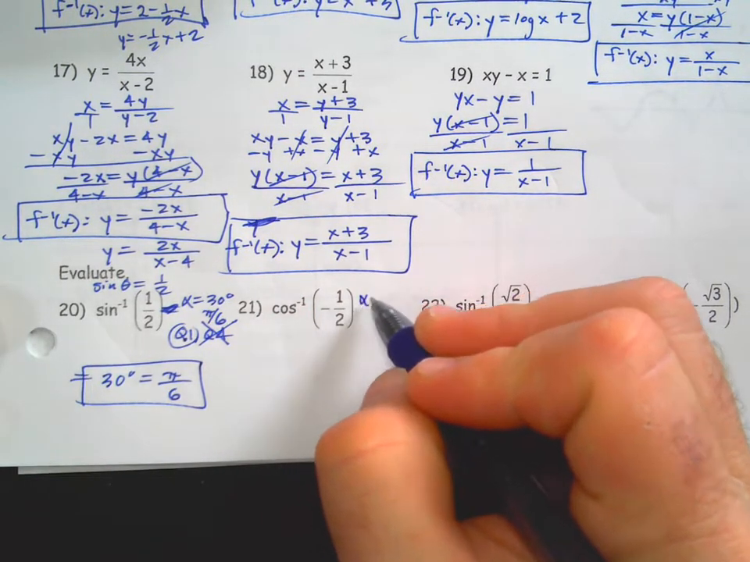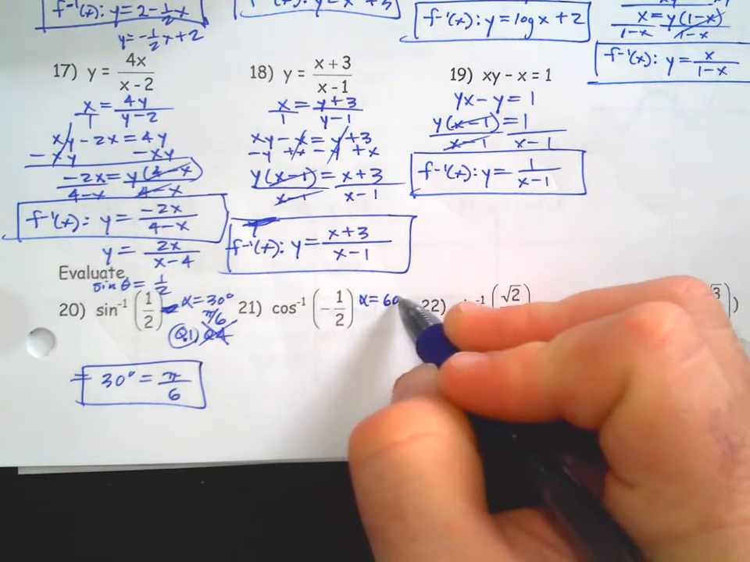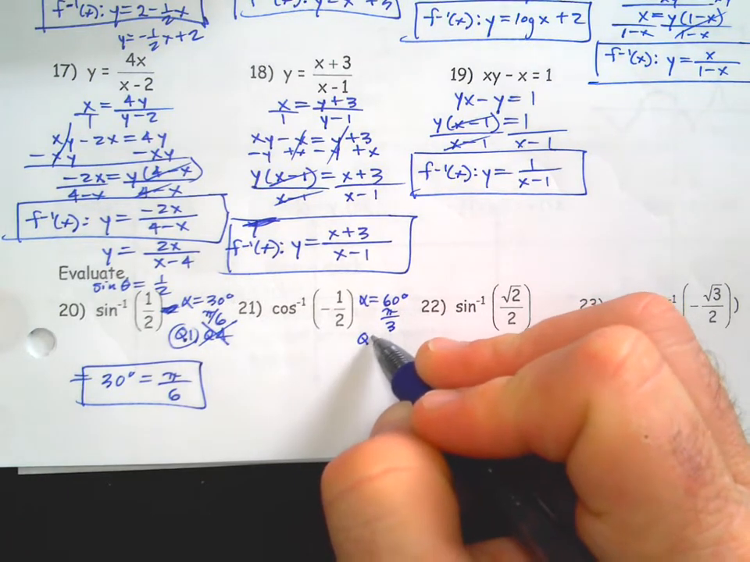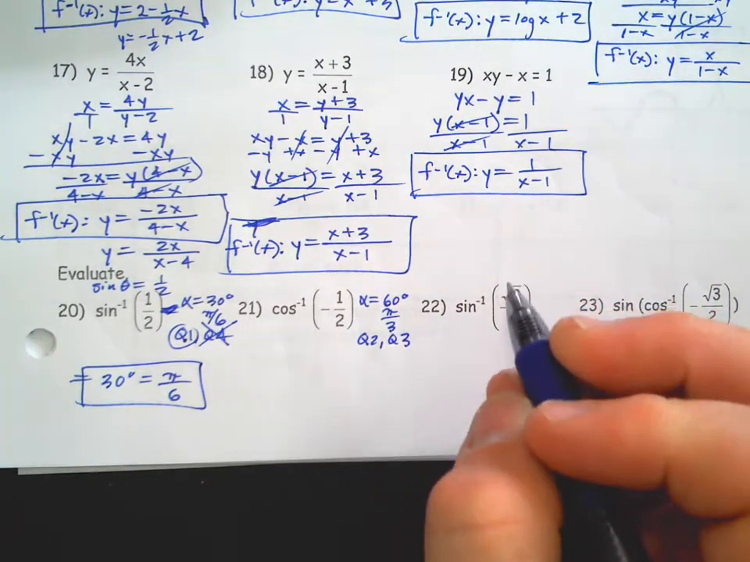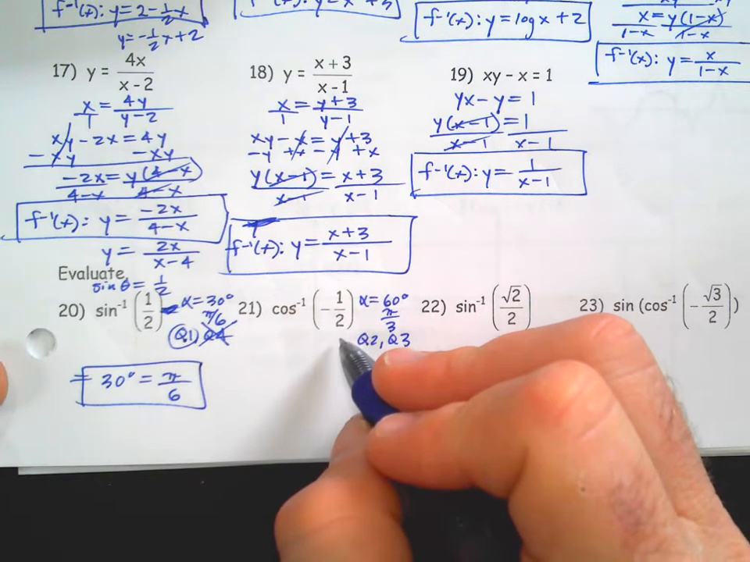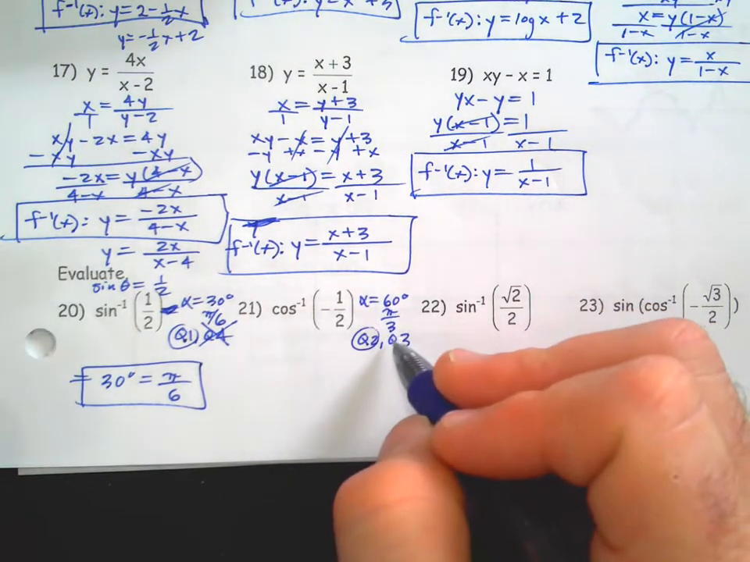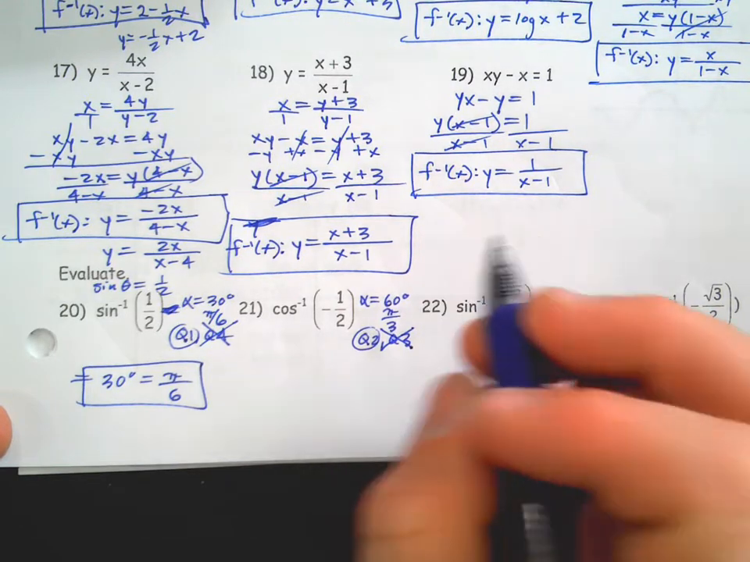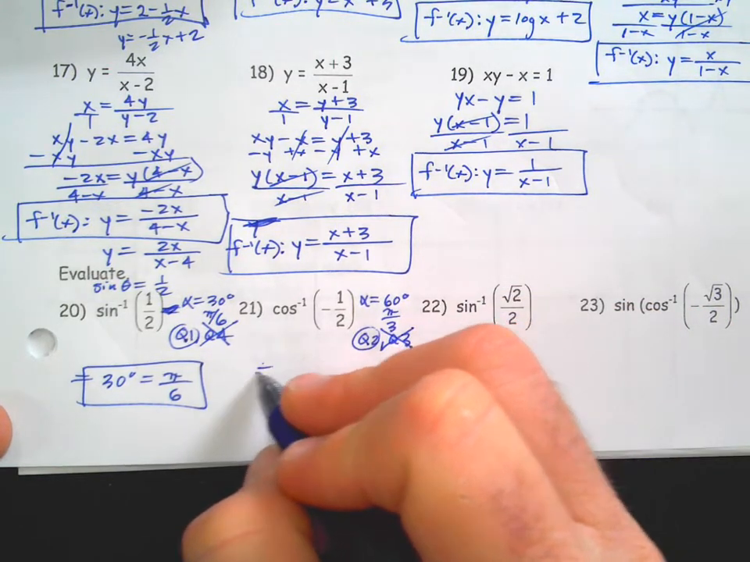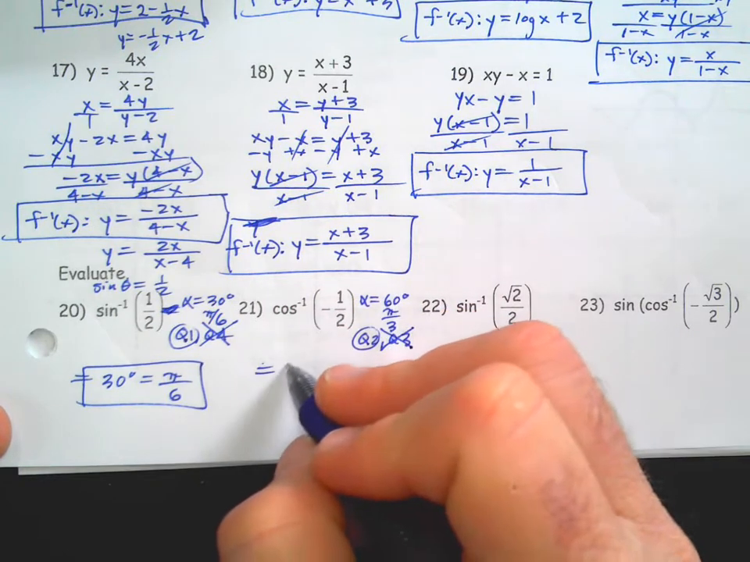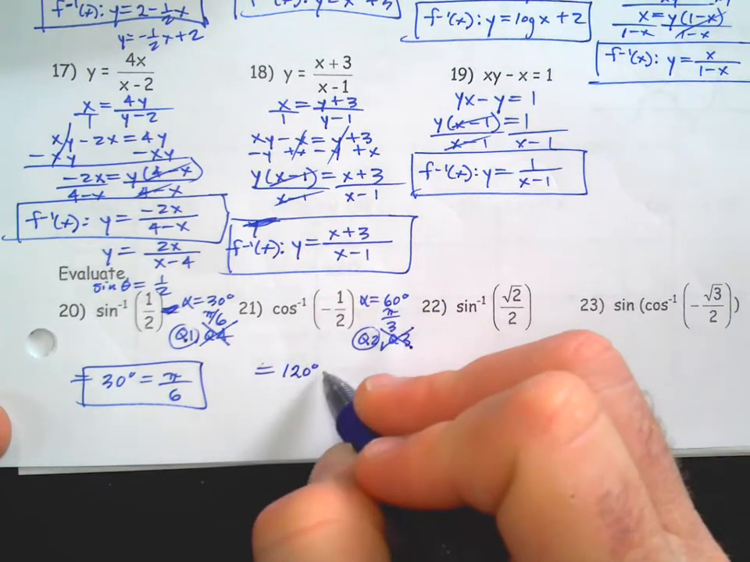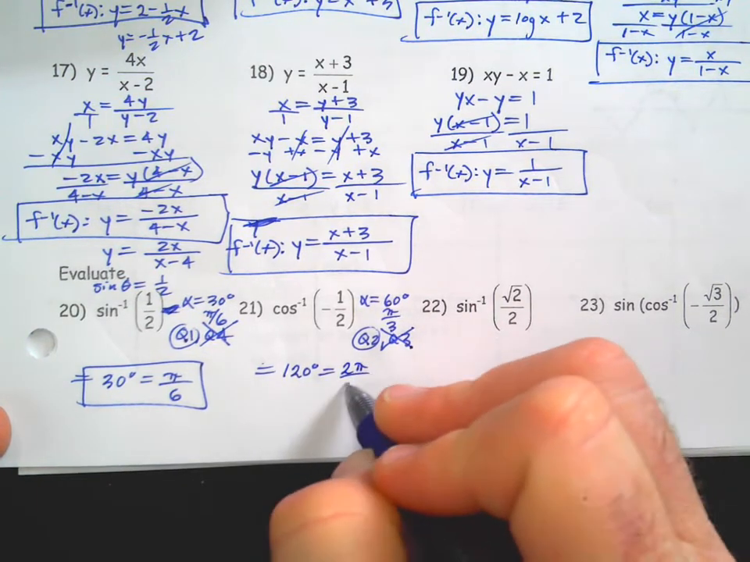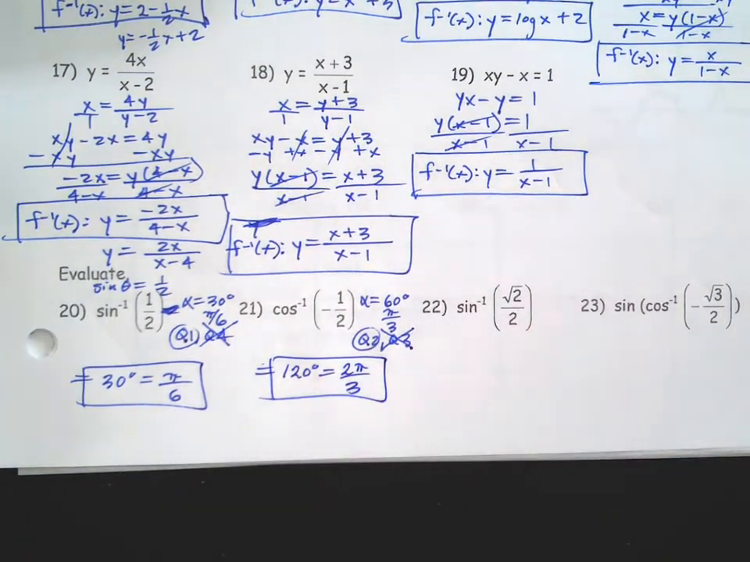Okay, when does cosine equal 1/2? 60 degrees, pi over 3. What quadrants is it negative? 2 and 3. Principal values will always be a quadrant touching quadrant 1, so that's got to be quadrant 2. It's never quadrant 3. So that's our answer. Quadrant 2 is 180 minus alpha, so 120 degrees, or pi minus pi over 3, which would be 2 pi over 3. You guys should be able to do those